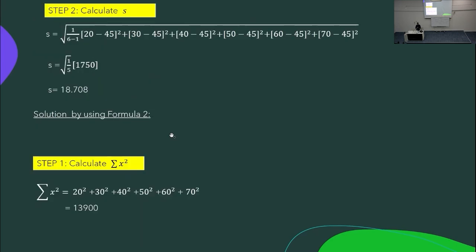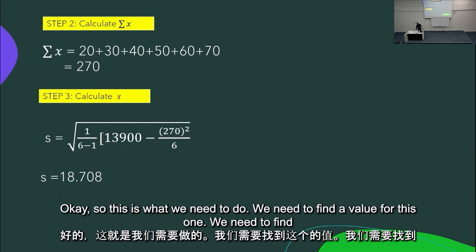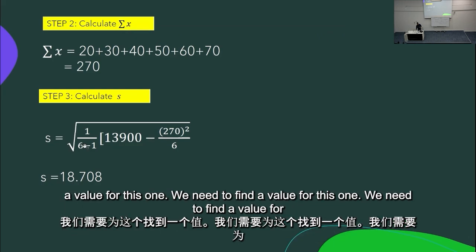Tip, tip, tip, tip, tip, tip, tip, tip, tip, tip, tip, tip, tip, tip, tip, tip, tip, tip, tip, tip, tip, tip, tip, tip, tip, tip, tip, tip, tip, tip, tip, tip, plastered, plastered, plastered, plastered, plastered, plastered, plastered, plastered, plastered, plastered, plastered, plastered, plastered, plastered, plastered, plastered, plastered, plastered, plastered, plastered, plastered, plastered, plastered, plastered, plastered, plastered, plastered, plastered, plastered, plastered, plastered, plastered, t, t, t, t, t, t,